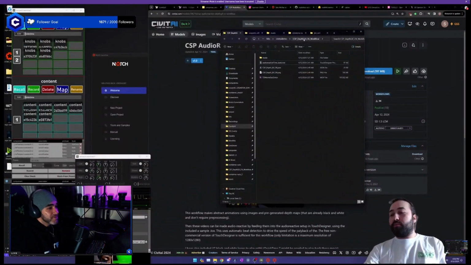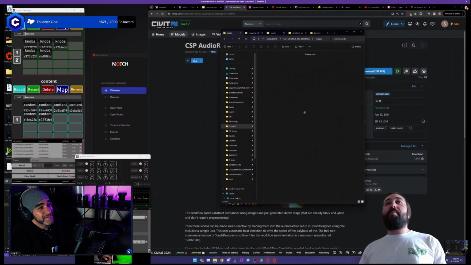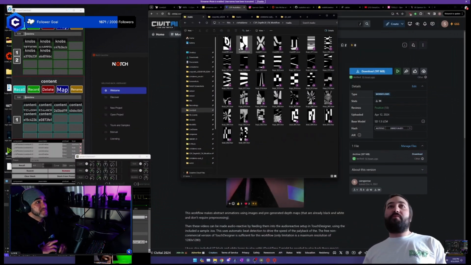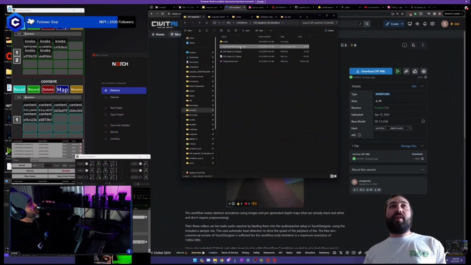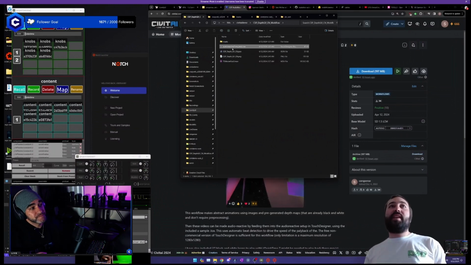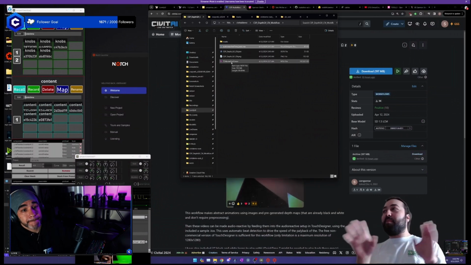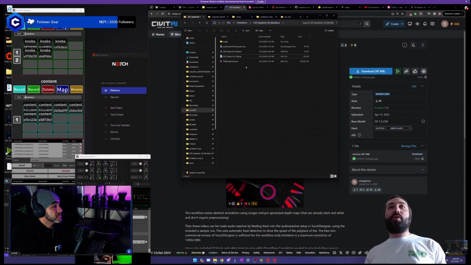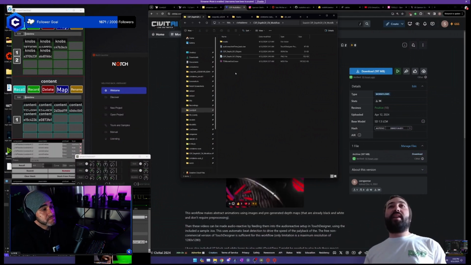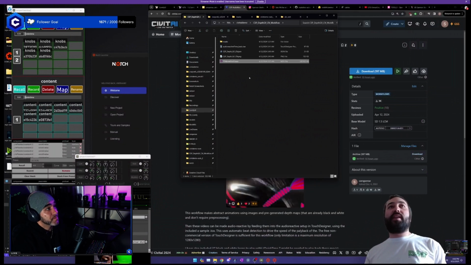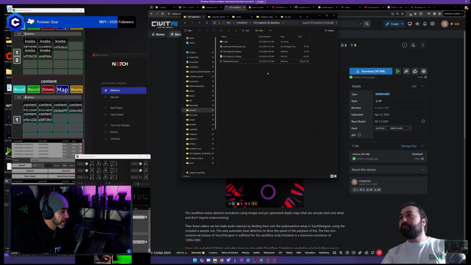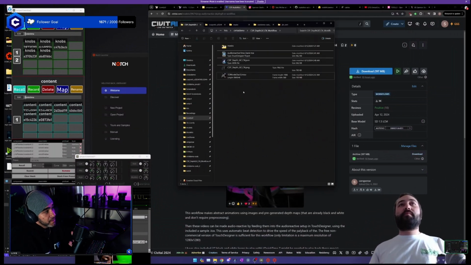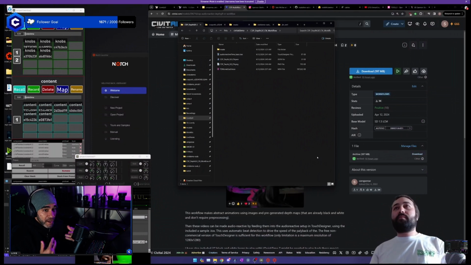Oh, wait, you're muted. Right. So in the zip, we have a bunch of masks for you guys to play with, so you don't have to make them in Notch. You can just drag these in and start playing around. Also have the audio reactive setup in TouchDesigner, and it has comments everywhere, so it's much easier to understand. Also the workflow that I used, a little bit more organized than you saw on stream. And that's pretty much it. This one's just recorded, it's not in the pack, but yeah, that's pretty much it. Dope. So he put together the full package suite for you guys, so you could actually go in and mess around with this and make something along the lines of what we just saw.